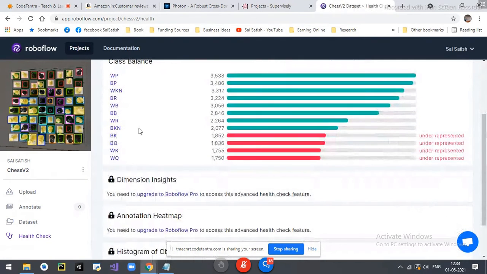How the things are. For example, Black King is having less number of tags. So we have to increase for Black King, for Black Queen. We have to increase the labels for these. After this, the next important point,